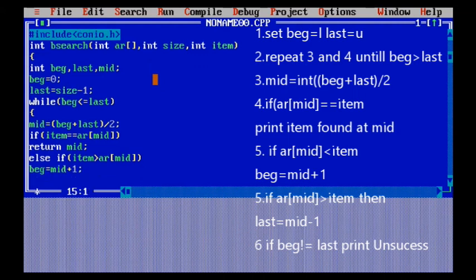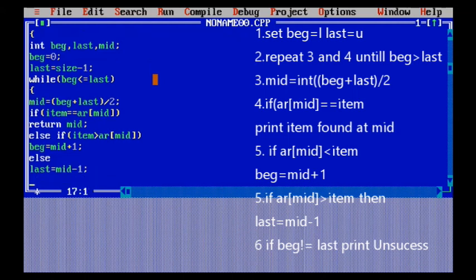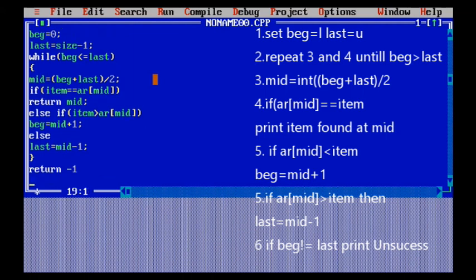Then it is going to check if a[mid] equals item, then the search is successful and it returns that item. In case it is unsuccessful, it will check that if mid is less than item, then beginning equals mid plus 1. Then if mid is greater than item, then last equals mid minus 1. If beginning is greater than last, it will print unsuccessful search, that it is not present here.